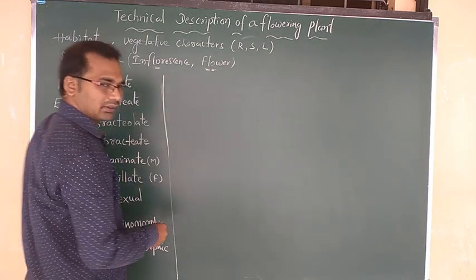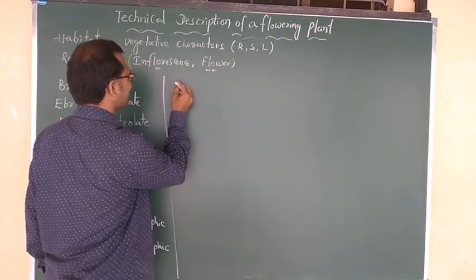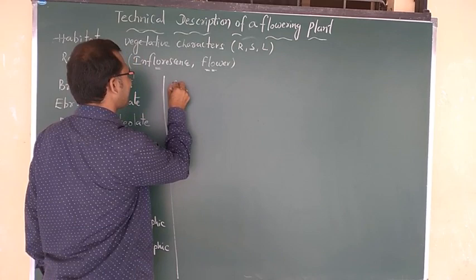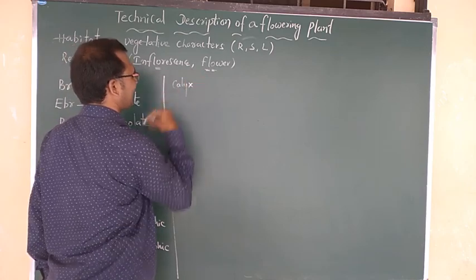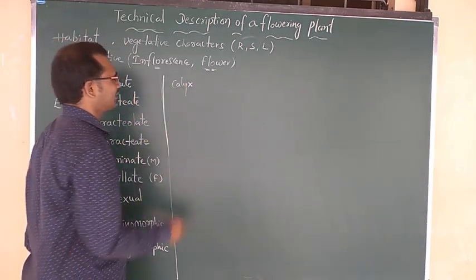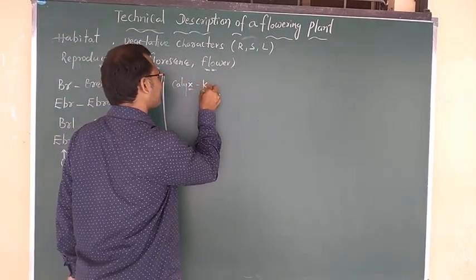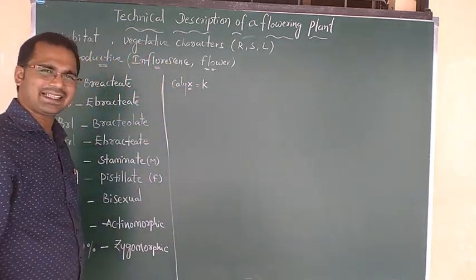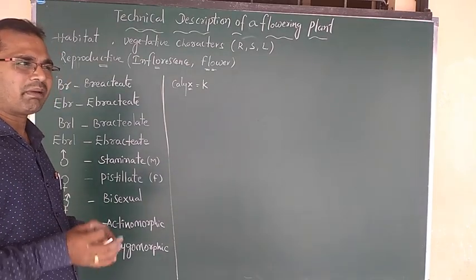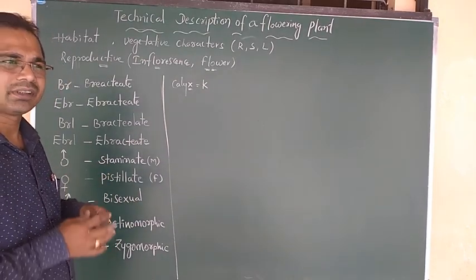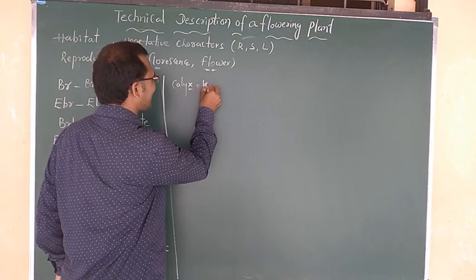Other one. We are taking rings. Tell me once again. See, first ring, what? That is called calyx. This is called the first whorl of the flower. It is indicated by what? K. K indicates calyx. Calyx is made up of members we call sepals. What do you call that one? Sepals. Next, another one.